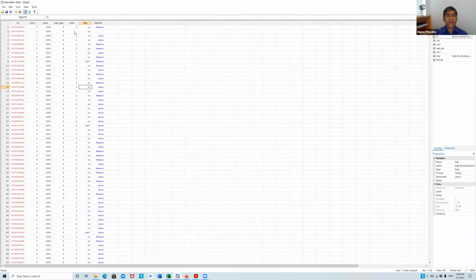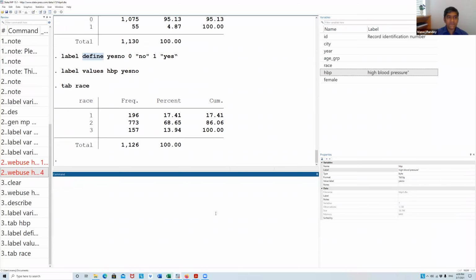Earlier, the same way for race, you can see here race 1, 2, 3. We really don't know what 1 is, what 2 is, what 3 is. So what I'm going to do quickly is label define race type, race category.